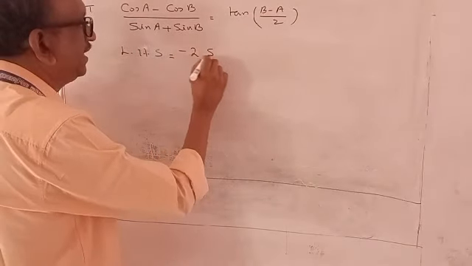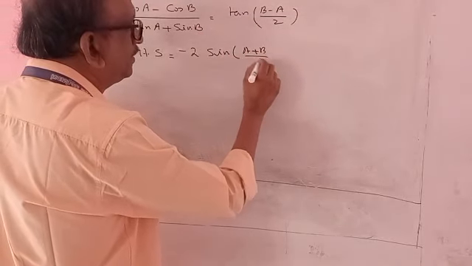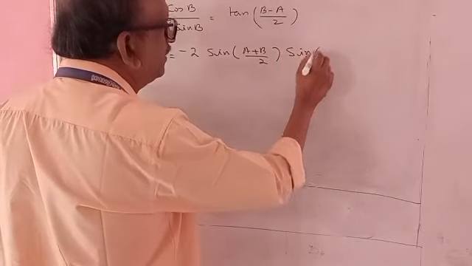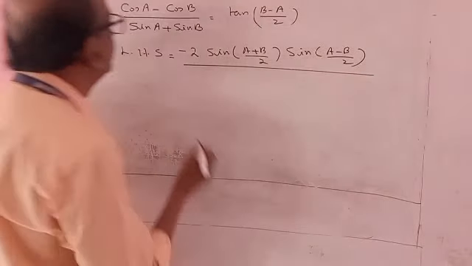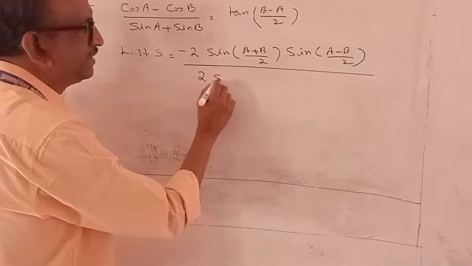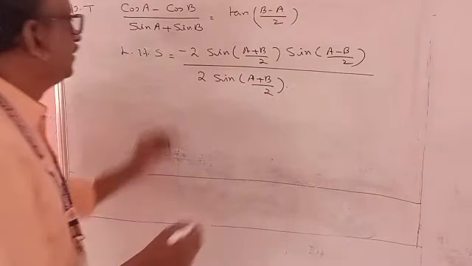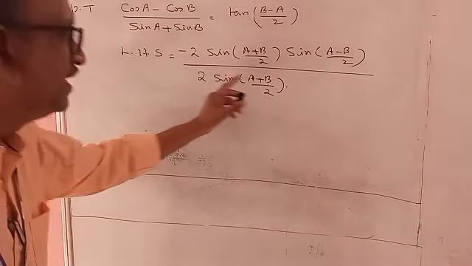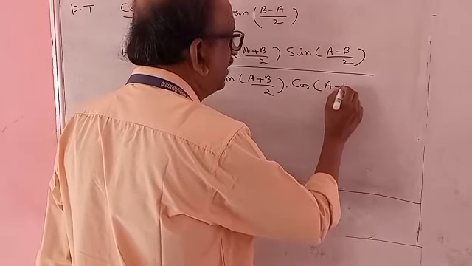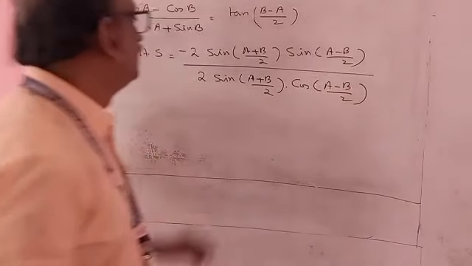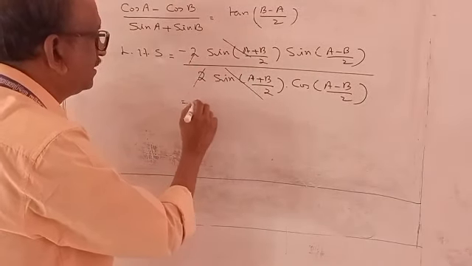Minus 2 sin (a plus b)/2, sin (a minus b)/2, divided by sin a plus sin b is 2 sin (c plus d)/2 into cos (c minus d)/2, cos (a minus b)/2, sin (a plus b)/2, this is also sin (a plus b)/2, this is 2, this is 2, got cancelled,